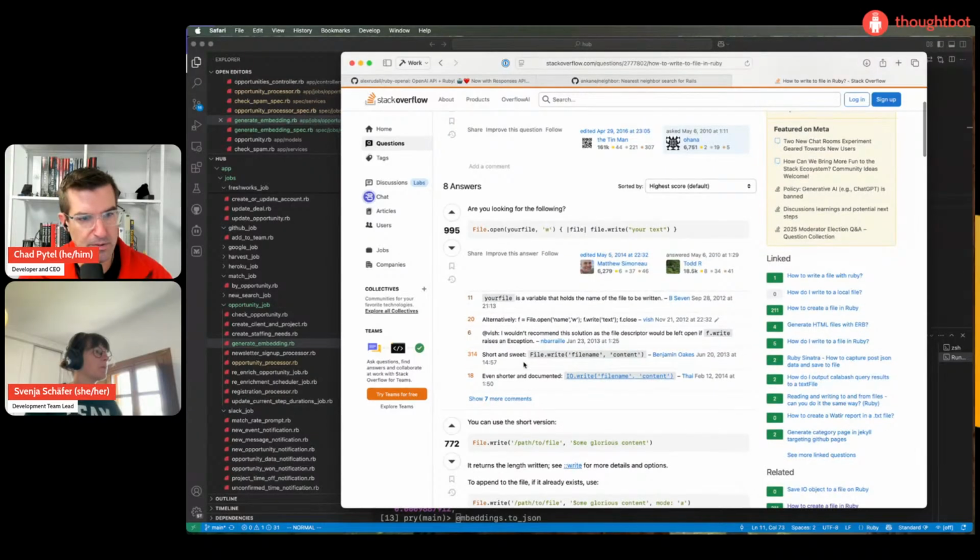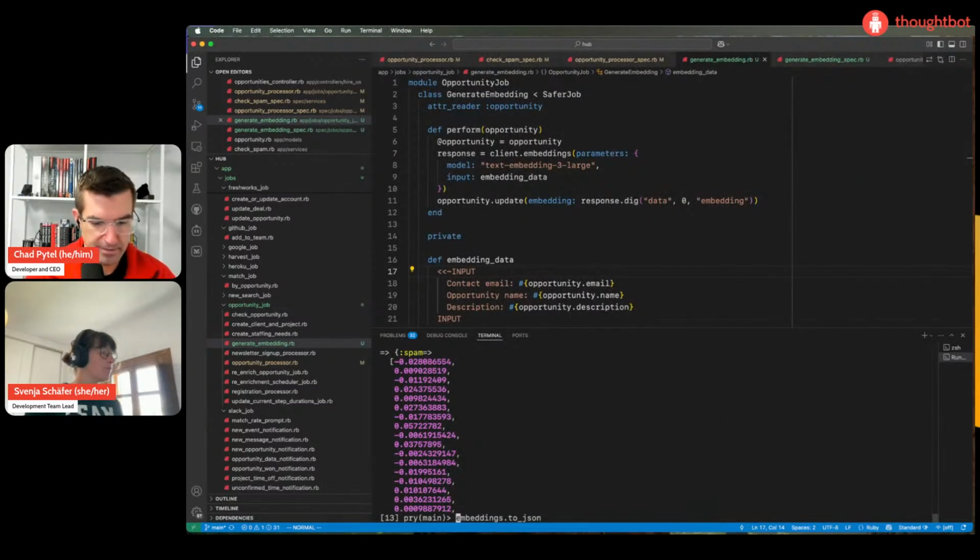You can also just do File.write, file name, content. That was very straightforward. It's not like file embed. Also, that would make sense.